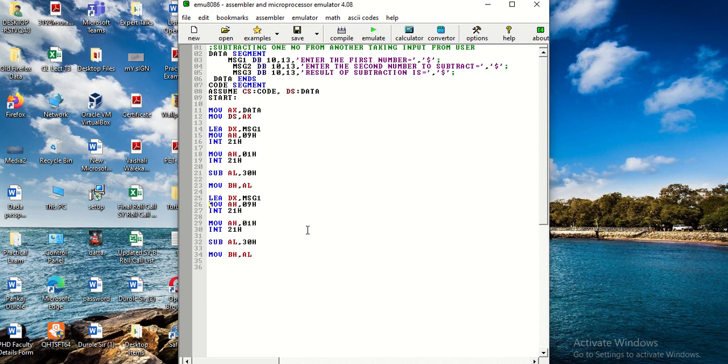So you can see over here that I am writing load effective address of dx comma message 2, and again I'm scanning the number, and again I'm using the similar instruction, and now this number I am moving into another register.